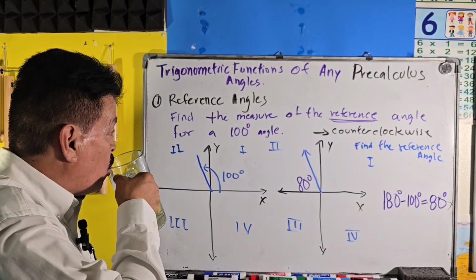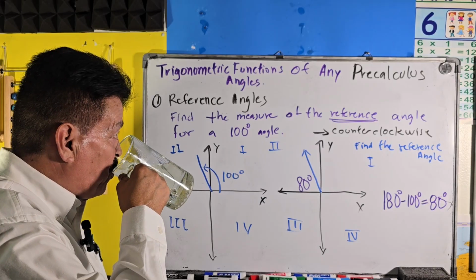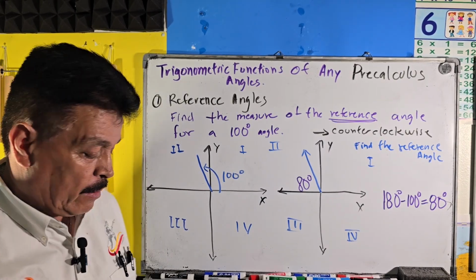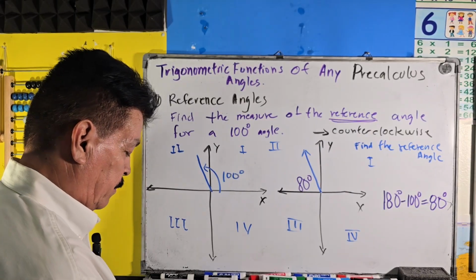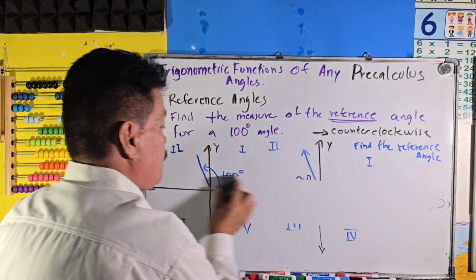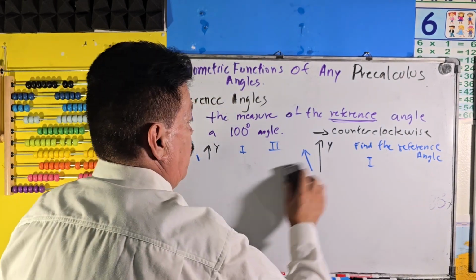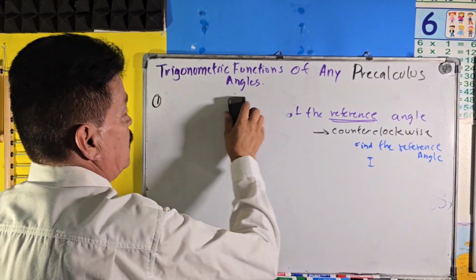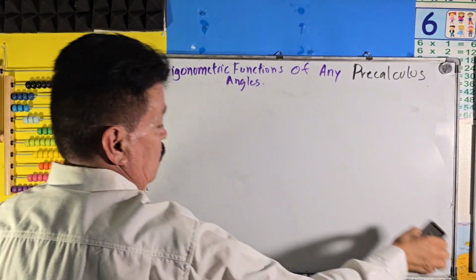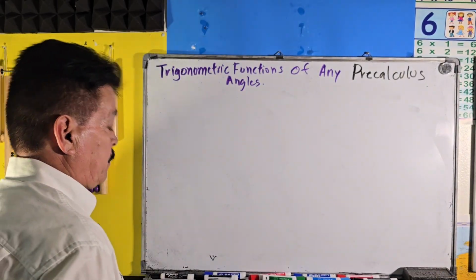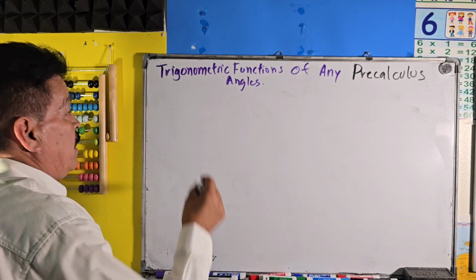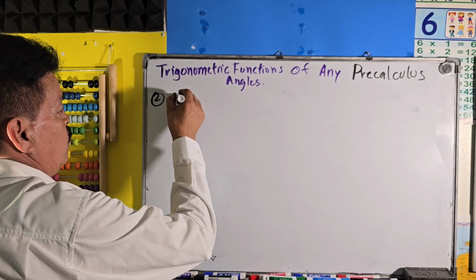So these are reference angles. Let me go to another topic here. This was reference angles, okay? Trigonometric function of angles. So number two, let me show you this. In section number two, we have to find